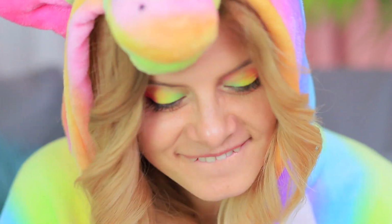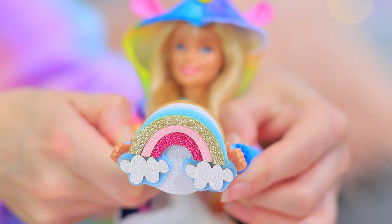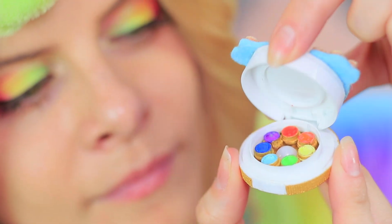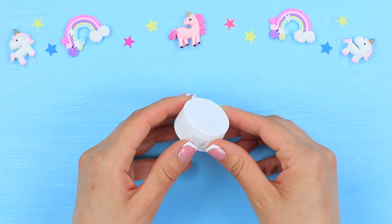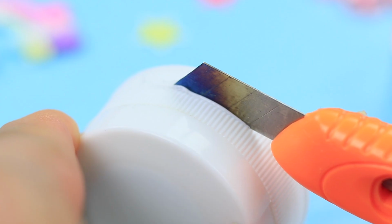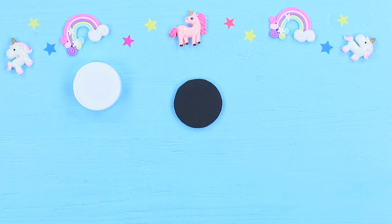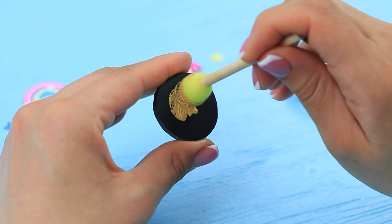Unicorn's got some tricks up her sleeve too. The doll claps her little hands and a rainbow appears in her palms. Rainbow eyeshadow. Trim the flap cap of a bottle using a heated knife. Make it smaller. Cut a base out of foam core. Color it with gold acrylic paint